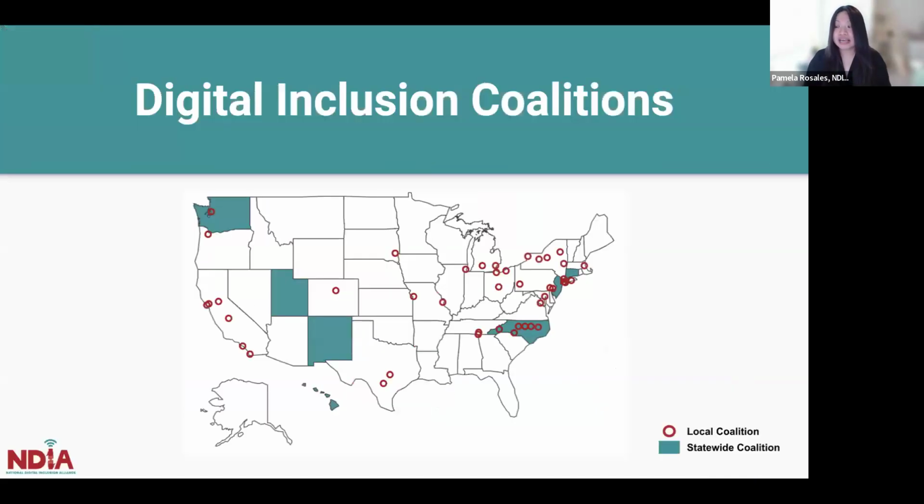All right. And this is a map of the digital inclusion coalitions that registered themselves during our 2022 coalition survey. We recently put out a 2024 coalition survey. It wrapped up last month. So definitely be on the lookout on our coalitions page within the beginning of next year, so in a few months. Because what we're going to do is publish a summary of those findings on our coalition webpage. And along there, you're going to see a new directory and an interactive map of coalitions. So you can check that out. And if you're not part of a coalition, you'll be able to see, hey, does one exist near me?